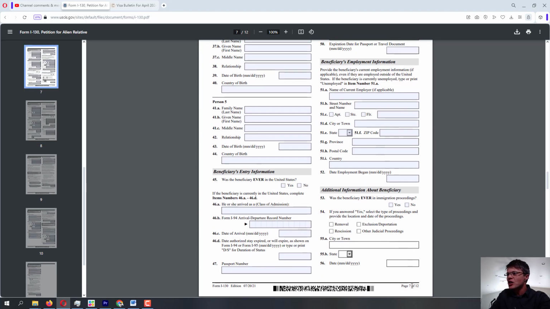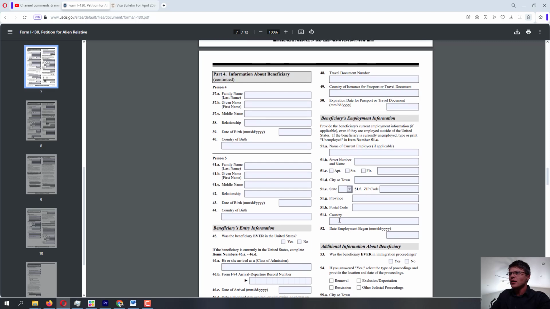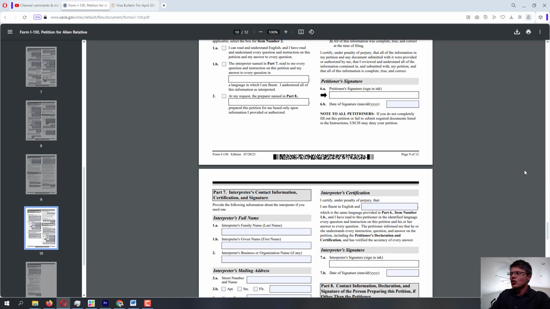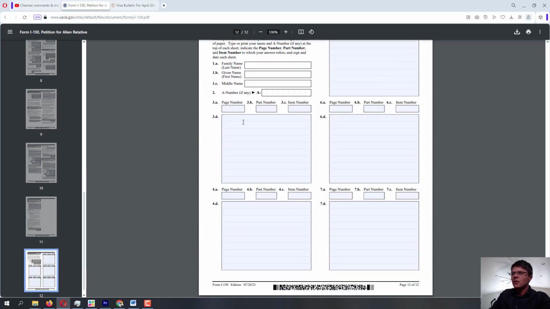It's going to be page number 7, part number 4, and then item number 53, and in the additional comments, you can put your asylum application information. You can put the date when it was submitted, say that it is still pending, and you can put your alien registration number as well, that you should have received already.